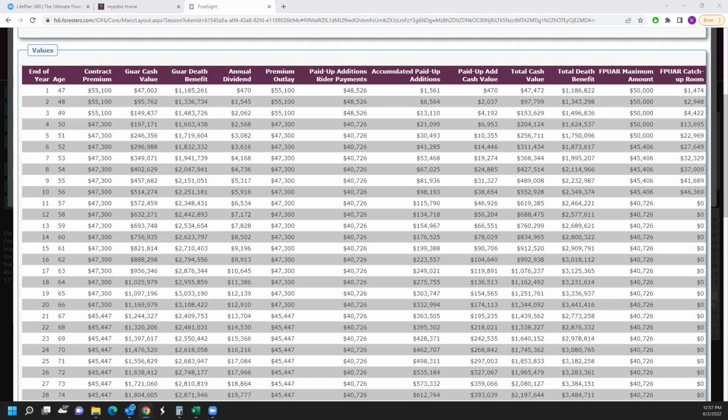Not to break you off, but you used two numbers. You used 75,000 for the term and 150 for the whole life. Yes, I did. But you use the same death benefit on both? Yep. In this example, yes, I did, and I don't have the exact numbers in front of me,